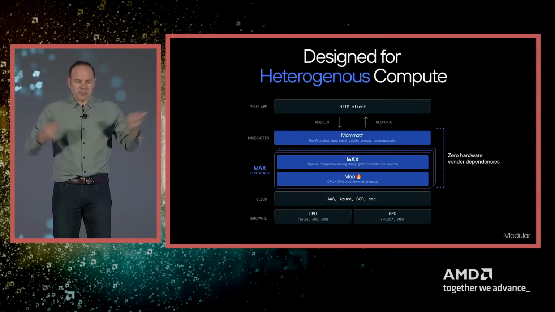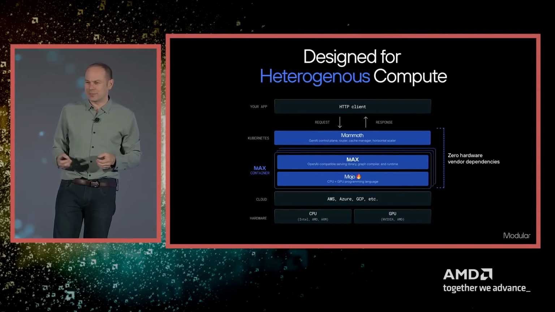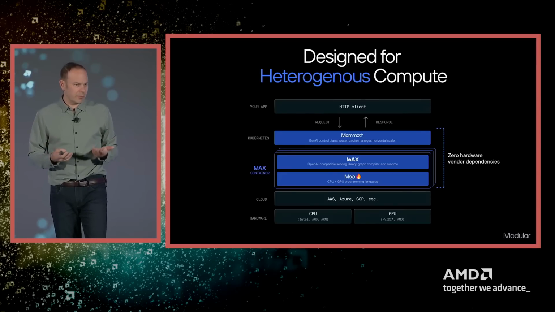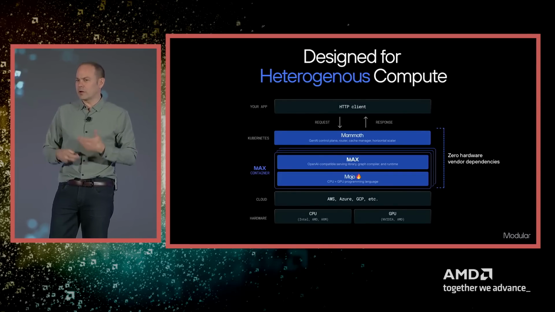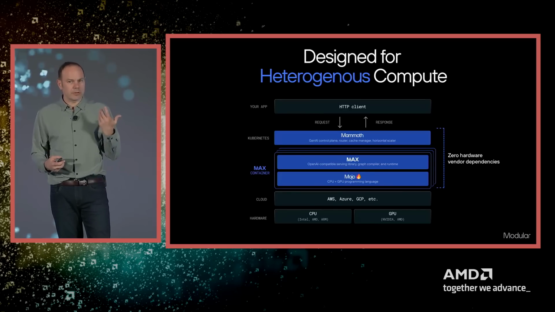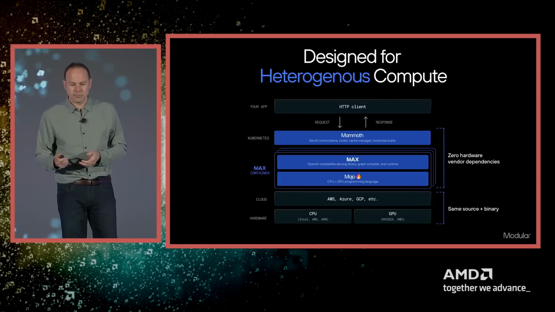Now, of course, our company's named Modular, and so yes, we integrate with PyTorch, yes, we integrate with all the existing systems. You can take things a la carte, and that's fantastic. But what we really want to see is a new world where things in AI work, they work the first time, they don't require crazy amounts of configuration, and only by going all the way back to the basics and rebuilding the software stack from first principles can you solve some of these complexity and other problems that the world is struggling with.